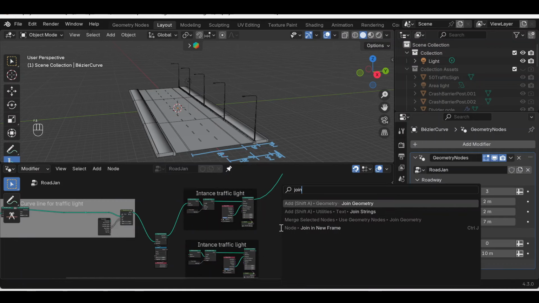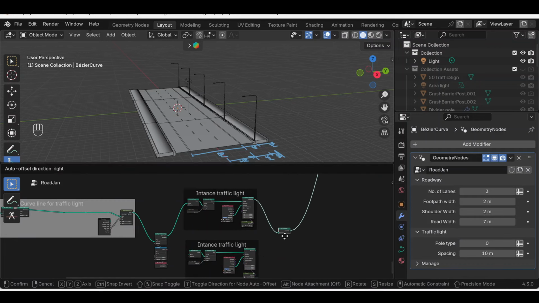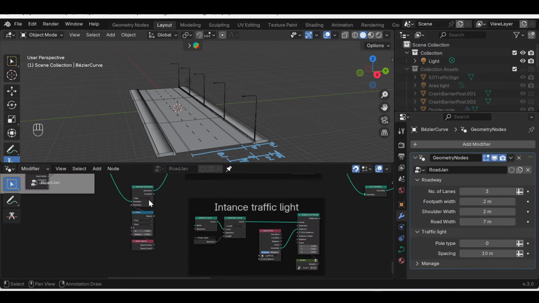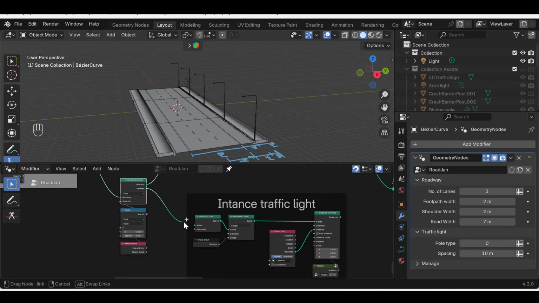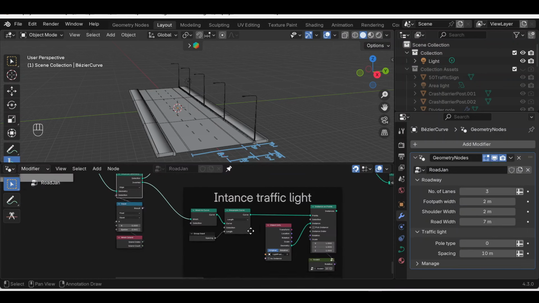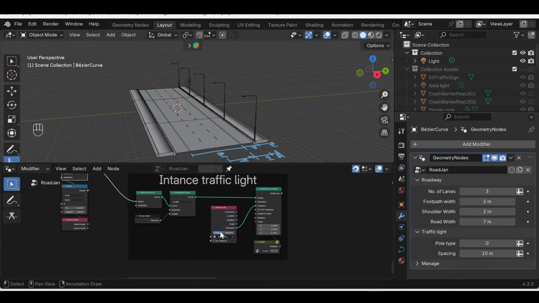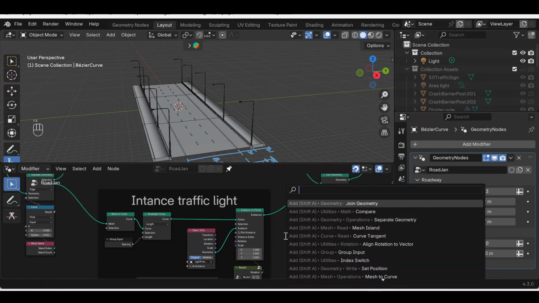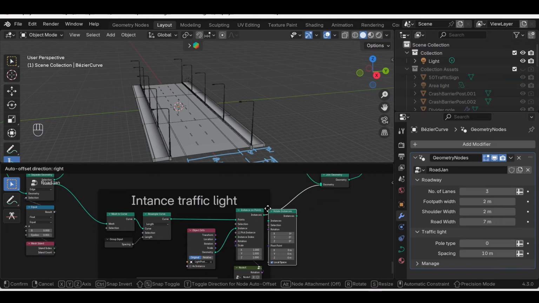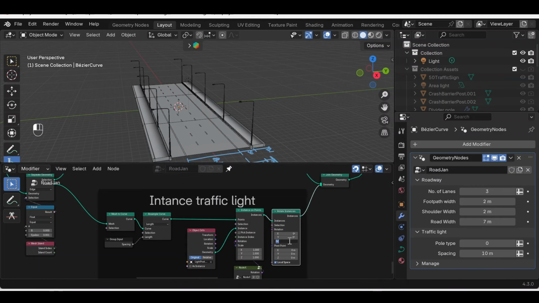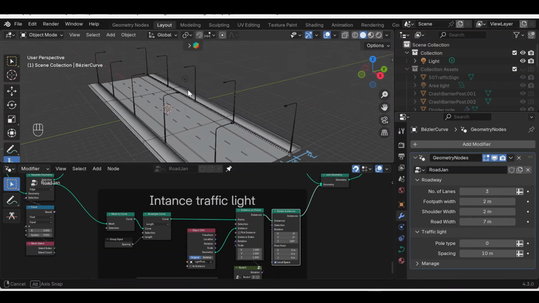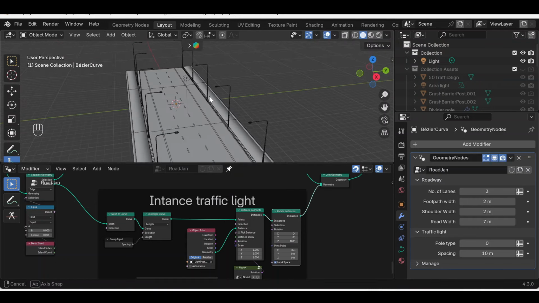Let's join geometry. In the inverted we will plug it in here, and now plug the instance in the geometry. Now let's rotate with rotate instance. Plug it in here and rotate by 180 degrees. So it is now facing inside. So we have now both the lampposts facing on the inside of the road,